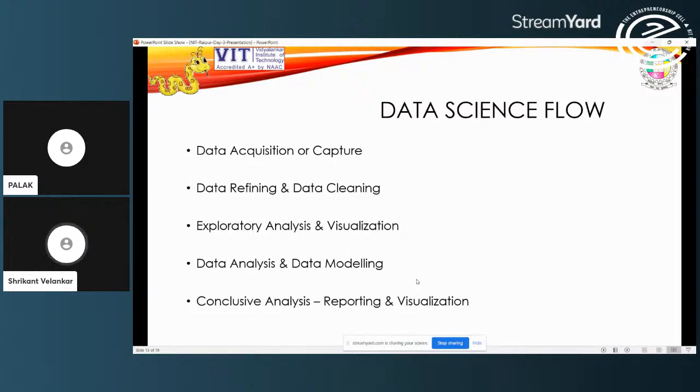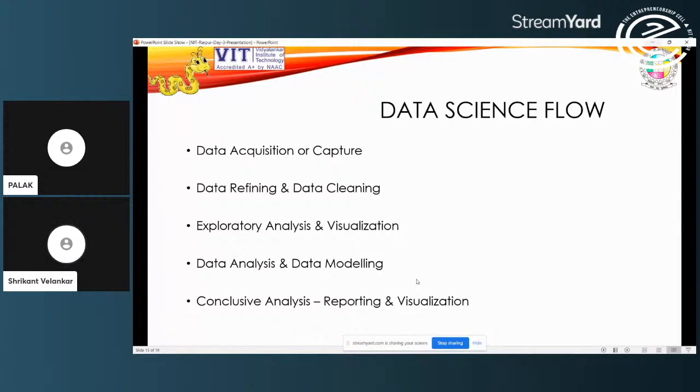The data model analysis is then carried out, which leads to the final results of this data analytics process, which are then reported, and again final visualizations like graphs are made.